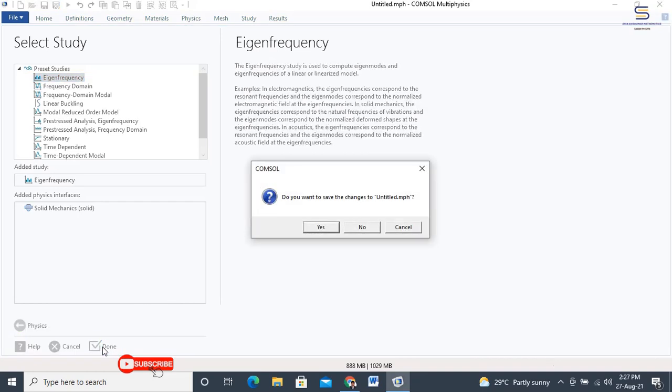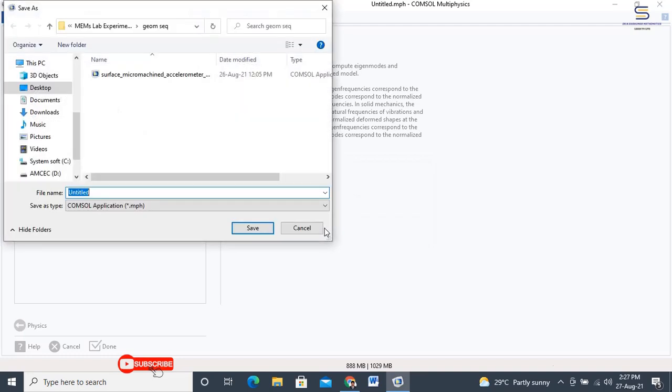Now in the geometry, change the units to micrometers. Let us save this as experiment number 2.